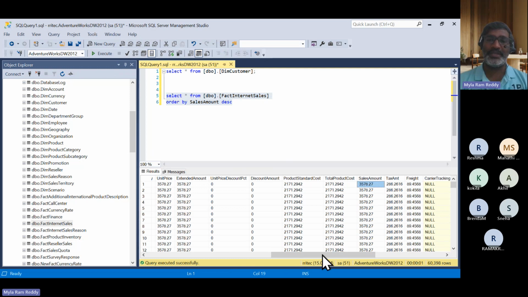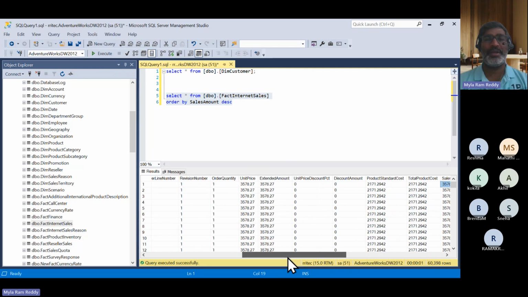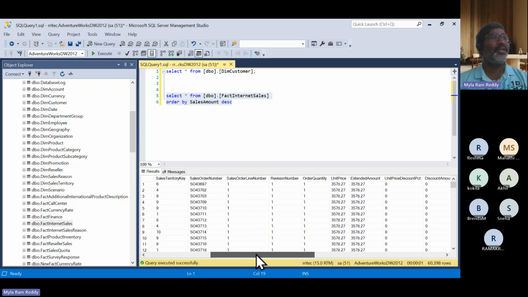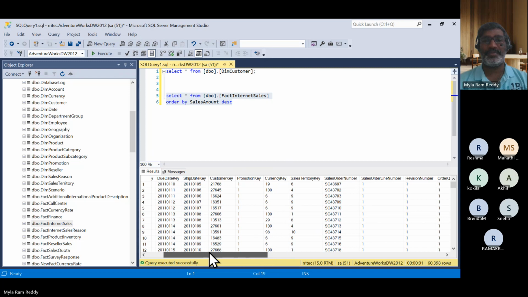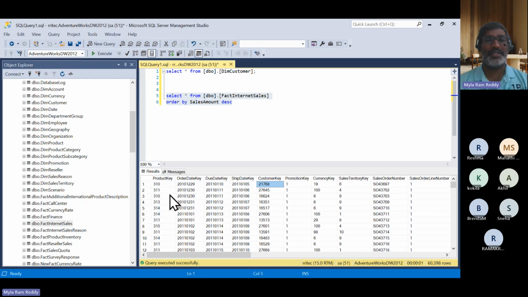And one more thing, there is a possibility that the same customer may be ordering different products. Possible or not possible? Yes, possible. This customer may be ordering different products. This is the one product he ordered. Maybe your product key is also available somewhere. Product key 310 he ordered. The same customer may have ordered one more thing also. If I want to know the total amount ordered by this customer 21768, then I have to